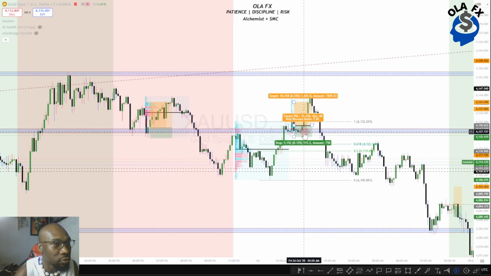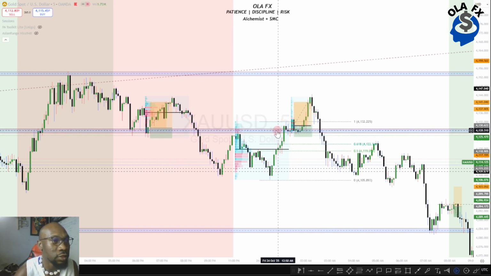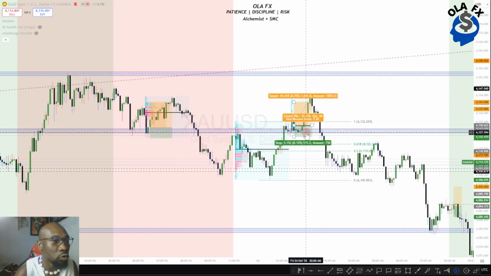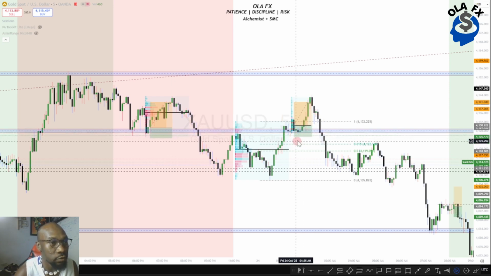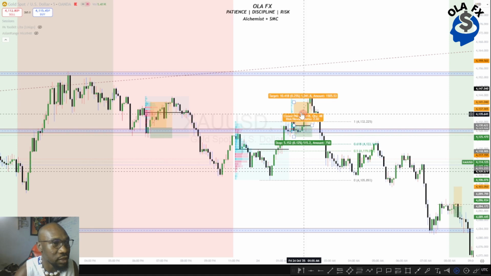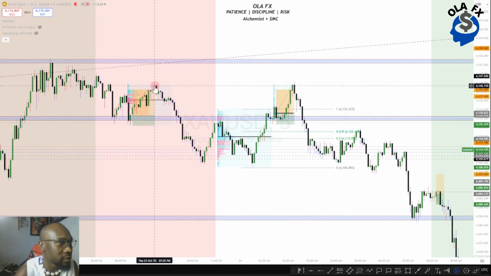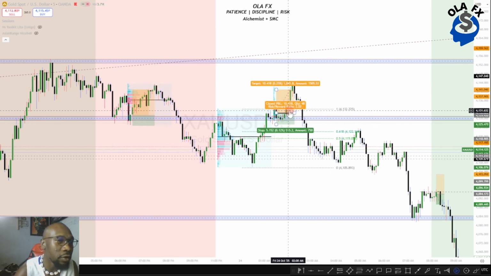At this particular point, if you notice, I didn't enter the market on this my psychological level. I waited for a nice confirmation. So when I saw this particular candle coming to retest this particular psychological level, I entered the market immediately, and it also gave me a nice 2:1 RR. This is my resistance here, and the market came. The moment it caught into the resistance, it started falling,